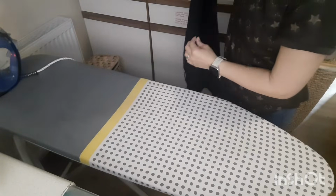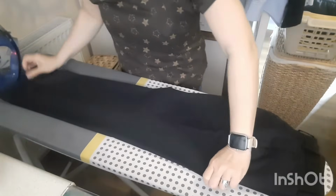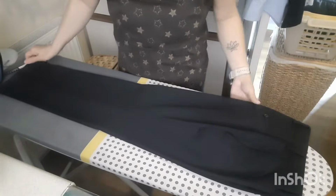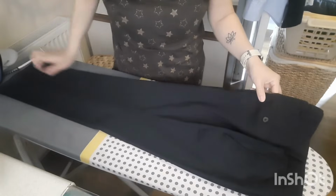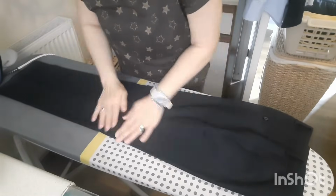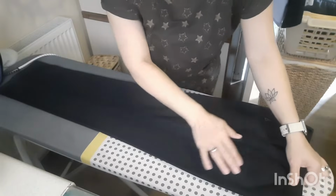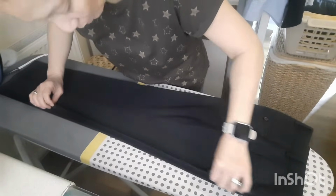So we just gather that together, lie it on the board, straighten it all up so you can see where it goes wrong, because the lines will already be pressed onto the trouser when you buy them anyway. So this is the front here, this is where the pocket is. So we just line it all up, just check that the line's in place,